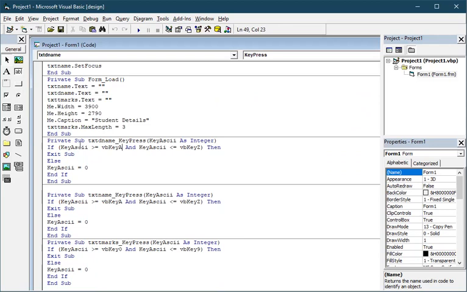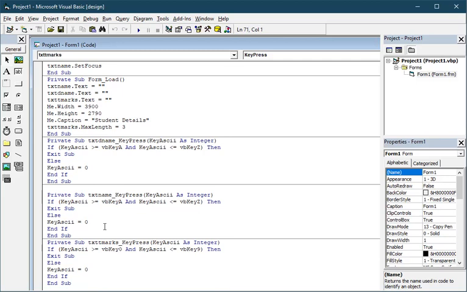Next, you need to write the coding for every key press. You need to type everything in capital letters. If you type in small letters, it should not accept. For that purpose, I'm giving a validation. My key should be only between capital A and capital Z. Same way for name and for department, and for marks it should be between 0 to 9. I can't enter any other thing in marks, so I'm checking the validation. It should be 0 to 9.